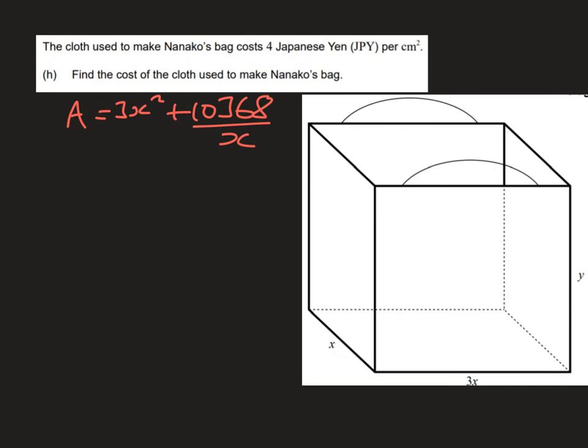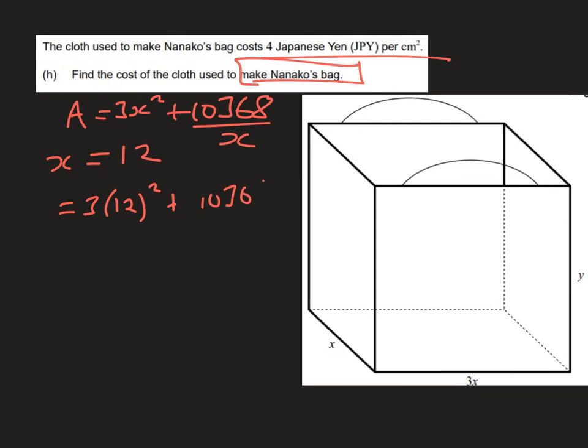Finally, in part H, we're told that the cloth used to make her bag costs 4 yen per centimetre squared, and we're asked to therefore find the cost of the cloth used to make her bag. So in order to do that, we need to know the area of the bag. So going back to part E, when we found an expression for the surface area, it is equal to 3x squared plus 10,368 over x. We now know what x is because in the previous question we found that x was equal to 12. So what we're going to do now is substitute that in. So 3 times 12 squared plus 10,368 over 12 is going to give us